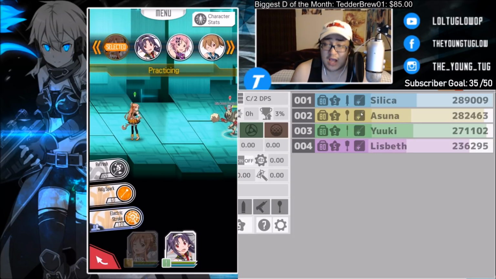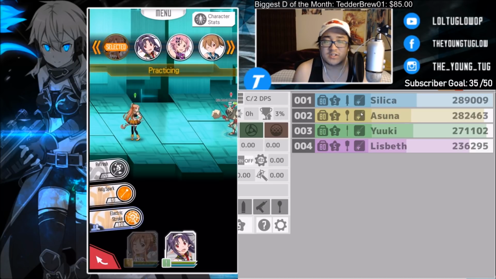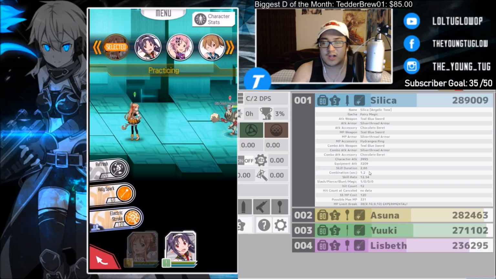Now, last but not least, which honestly surprised me the most, and I really do like this a lot, we do have Silica with the third highest DPS, but her damage is far higher than anybody else's. She also has the highest capacity versus those high health mobs that I mentioned earlier. Typically, this sword hasn't been getting a lot of love as of late, so it's a nice refresher to see that this sword is the best for this current banner. Going into her abilities, her SS3 skill duration is going to be 2.66, and her combination is going to be